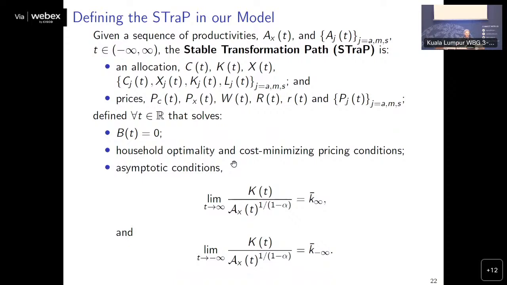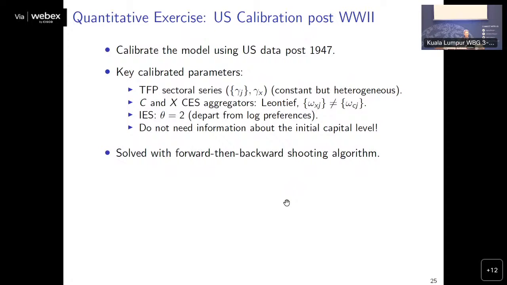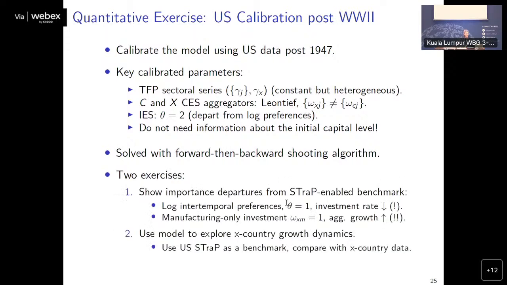Okay, so we define it. I would say the big thing is that you have two differential equations, so you need two conditions to pin that down. Usually we use an initial capital stock and an asymptotic transversality condition. We get rid of the initial capital stock and say we're going to use the balanced growth path at negative infinity and positive infinity, because we know what those are analytically. So we solve and prove it. Then we calibrate this to the US post-war period, just to give you a sense of what these look like and what the growth implications are. So now I'll show you the implications.